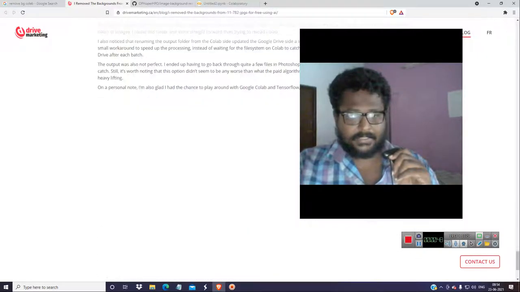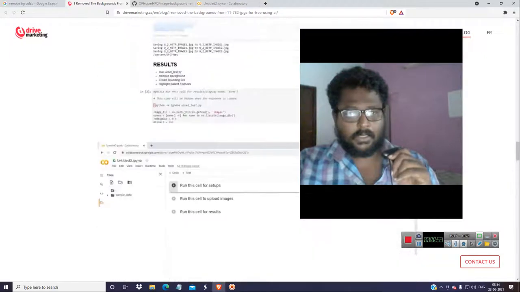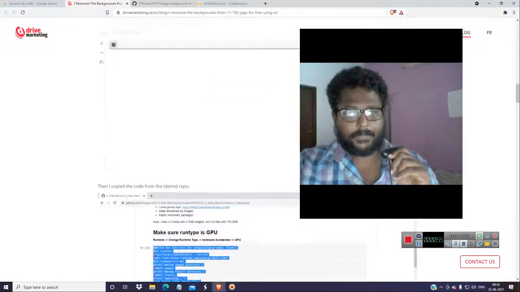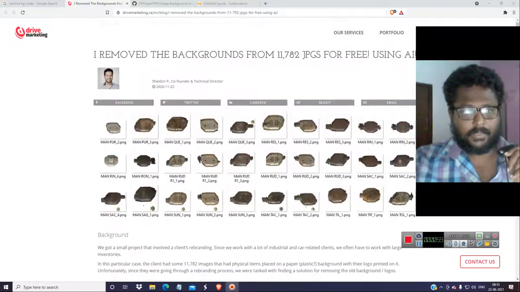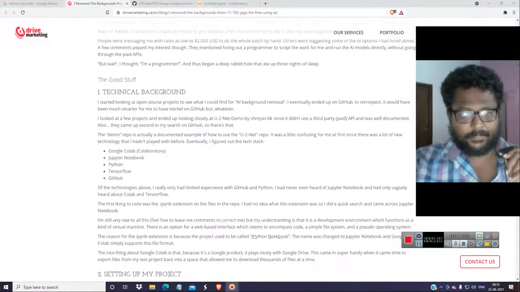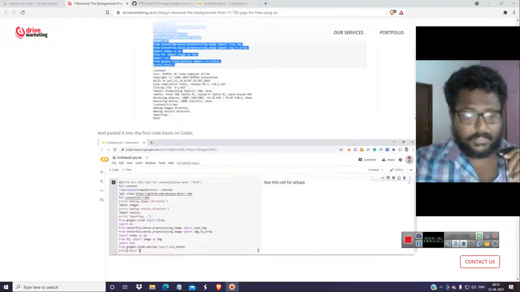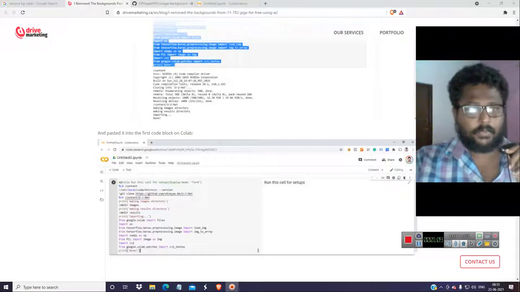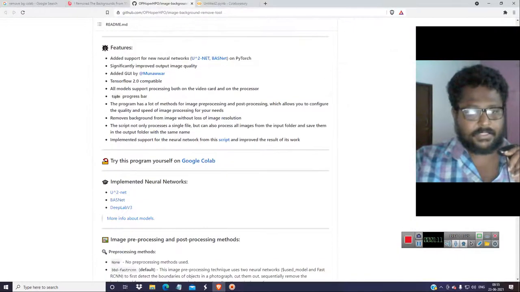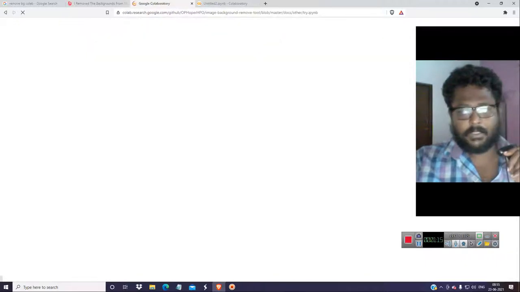Let's see now. Oh, the link is not being given. It may be at the top. I don't know why they didn't give the link. Okay, so it is GitHub Shreyas BK U-Net. Or you can use this background remove thing. You can also open this on Colab. Okay, so this is that repo.